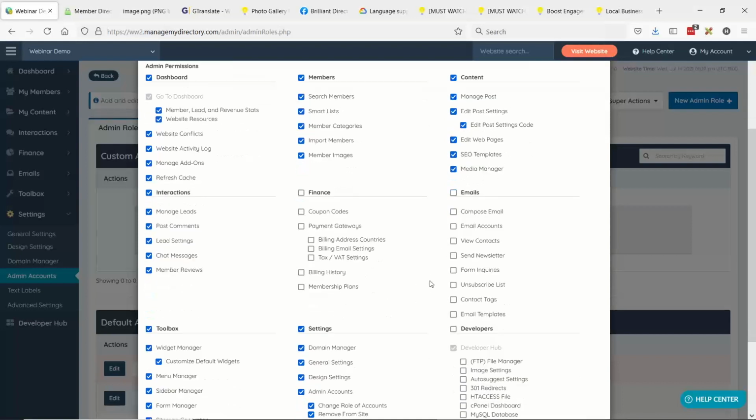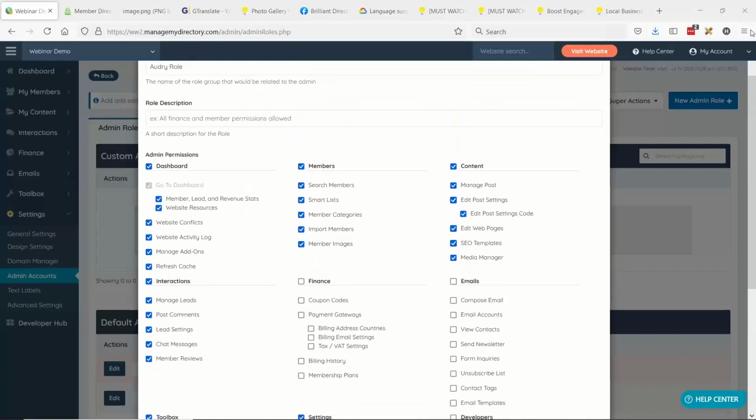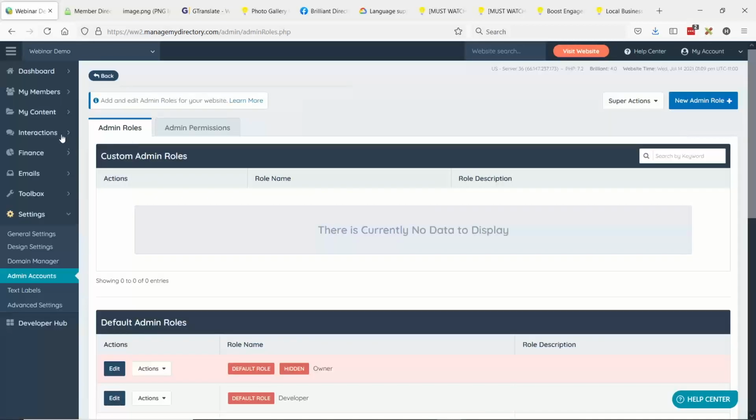Oh, perfect. Awesome. Thank you. All right, you're welcome. Good luck to you there. It's pretty common. You have different staff members or team members working on the site. They don't all need access to every aspect the owner of the website has.